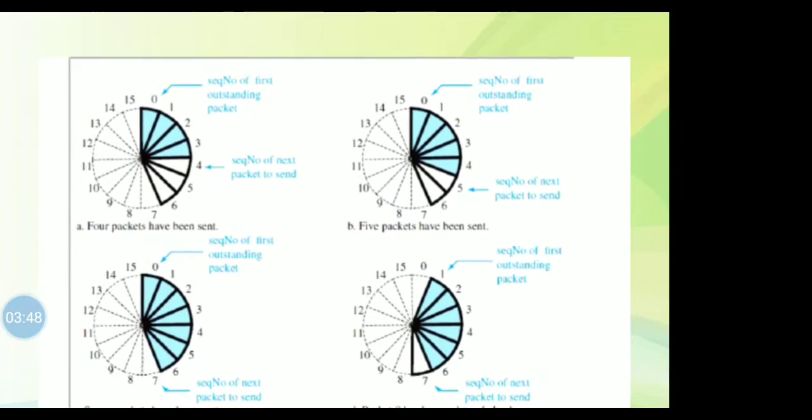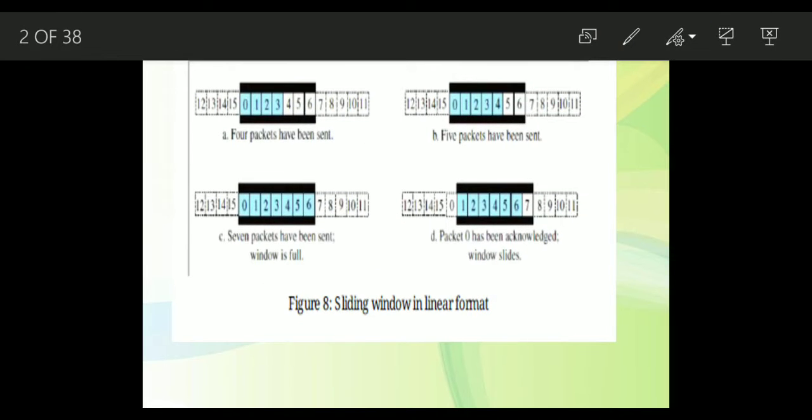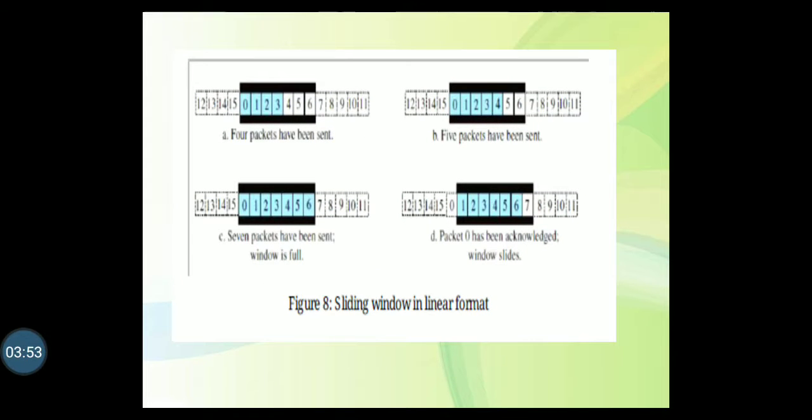The linear representation of the sliding window is used by most protocols. So you can see this is the circular one. Next you can see the linear one, the sliding window in linear format. The idea is the same, whether it is circular or linear, but the linear one normally takes less space on paper.